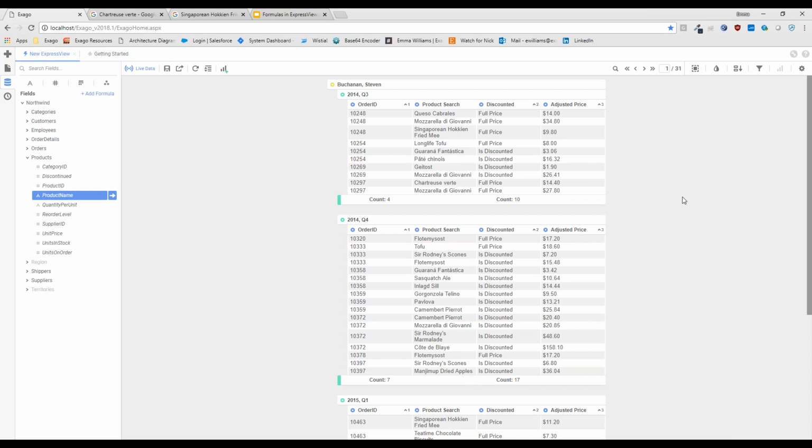Okay, so that's really the content that I had prepared for you guys. Those are the functions that I wanted to show you today. Really, just one last time, the takeaway that I'm hoping you all got from this lab is not so much how to use the feature, though I definitely hope you learned how to do that. I'm hoping that everyone has a better understanding of how to use formulas in ExpressView to actually make your data mean something to yourself, to other users that might come in and view this report, and at the end of the day, get more out of your reporting experience with Exago.